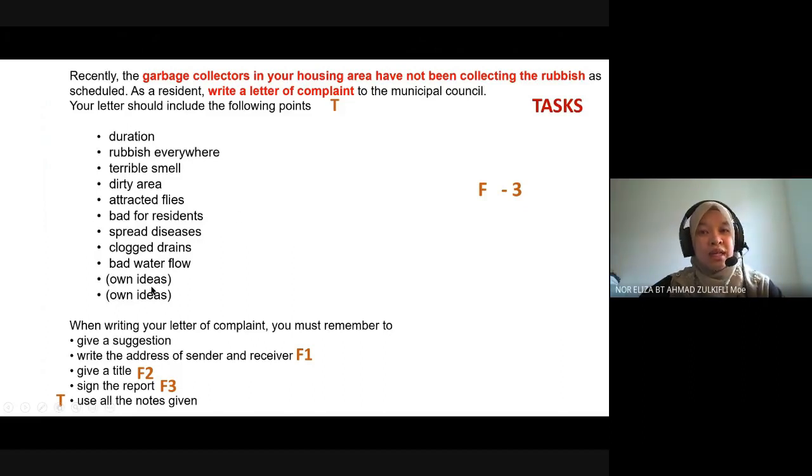Now remember, each writing, you have got format to adhere to, meaning that you've got format number 1, format number 2, and format number 3. These are marks given to you. Now you have got a letter of complaint here. I'm giving you an example of a letter of complaint. All right, for a letter of complaint, reminders are given normally at the bullets below the notes. For example, here, when writing your letter of complaint...